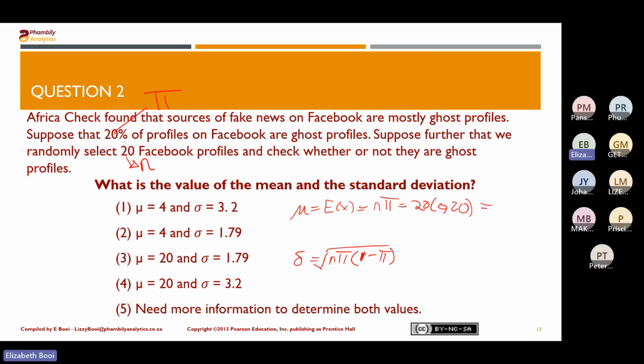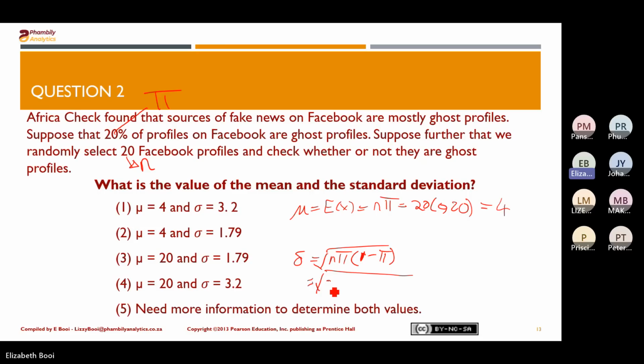The mean is equal to 0.2 times 20, which is equal to 4. The standard deviation is the square root of 20 times 0.2 times (1 minus 0.2), and that is given by